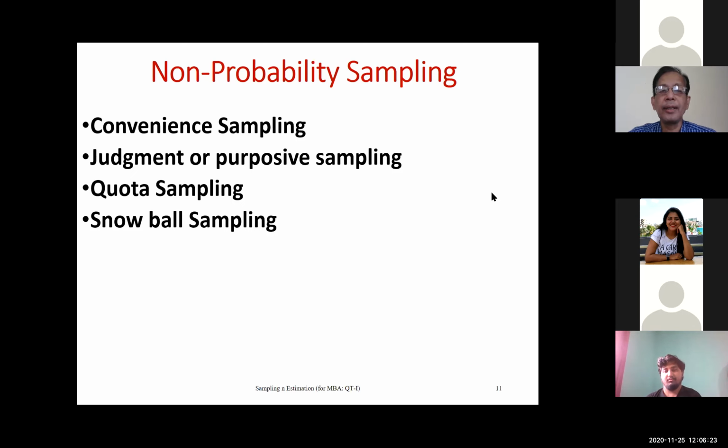Anybody who can comment on snowball sampling? If by chance anybody has known earlier what is the meaning of convenience sampling? Let's be quick, save some time. No one? Okay. Just to save time, snowball sampling is in a difficult case where you do not know where